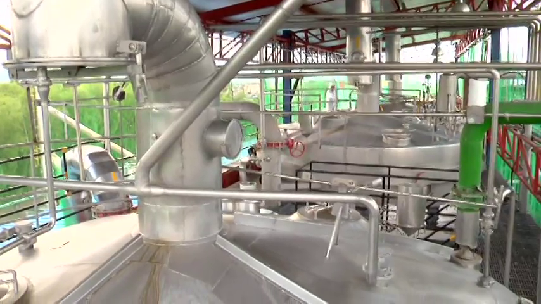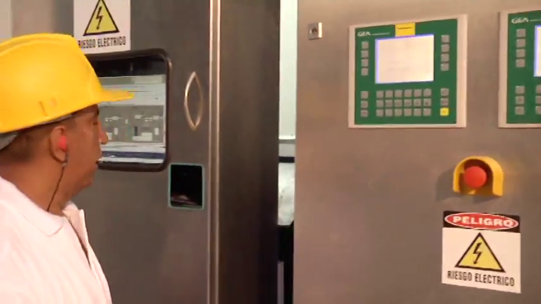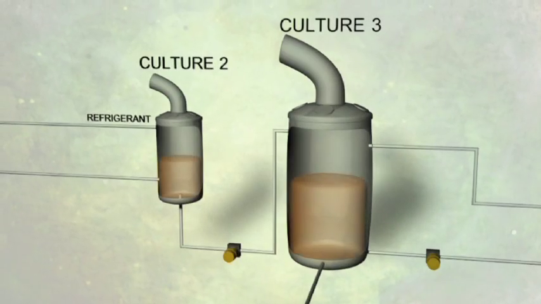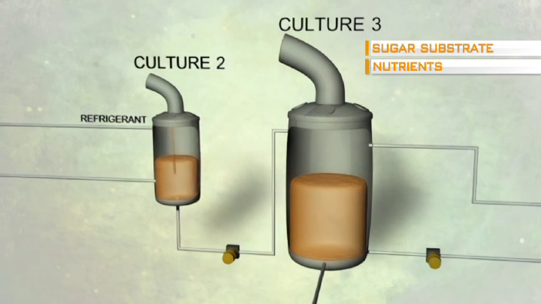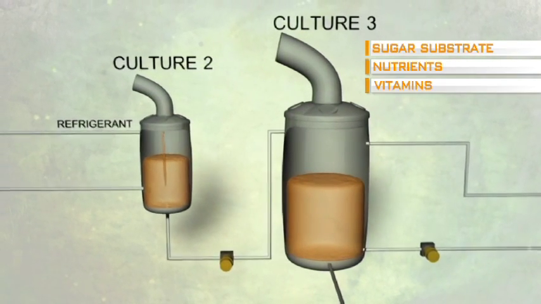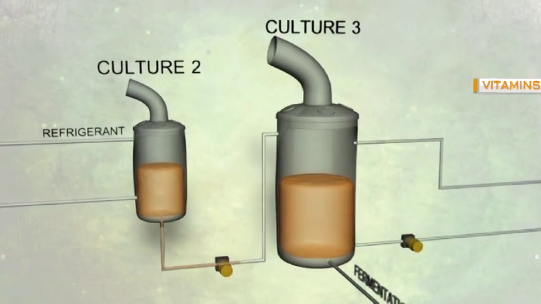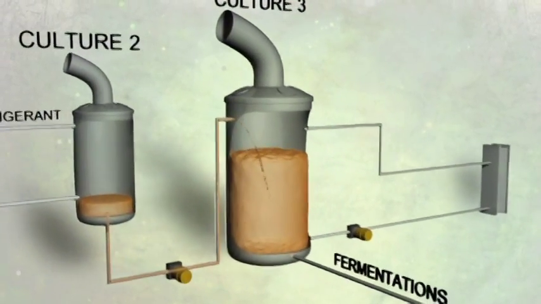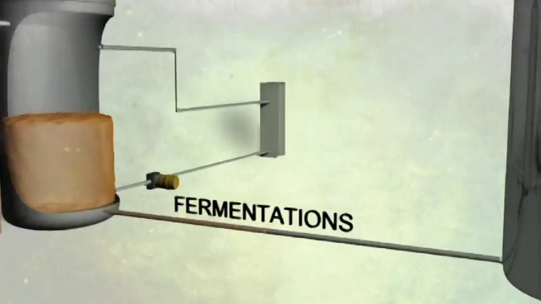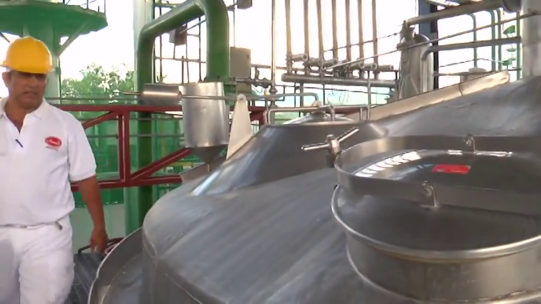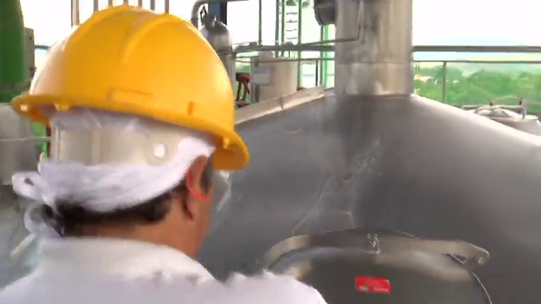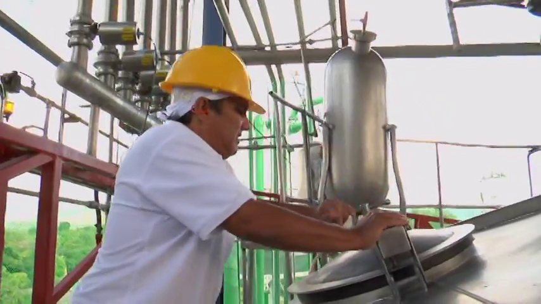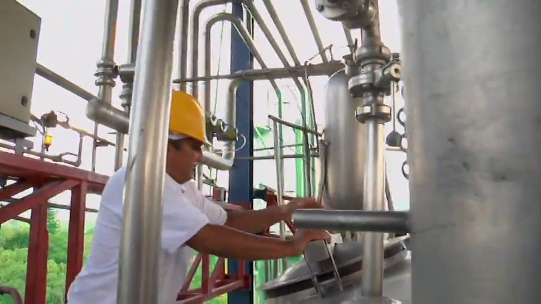The yeast propagation starts from a pure culture prepared in a flask in the laboratory. This is aseptically transferred to a pure culture fermenter that already contains the sterilized sugar substrate, nutrients such as a nitrogen source, vitamins and minerals for proper growth of yeast. The fermenter is well aerated and the pitched yeast multiply rapidly in the presence of oxygen. The seed yeast produced thus passes through a series of fermenters of increasing volume until it reaches the largest fermenter called the commercial fermenter,